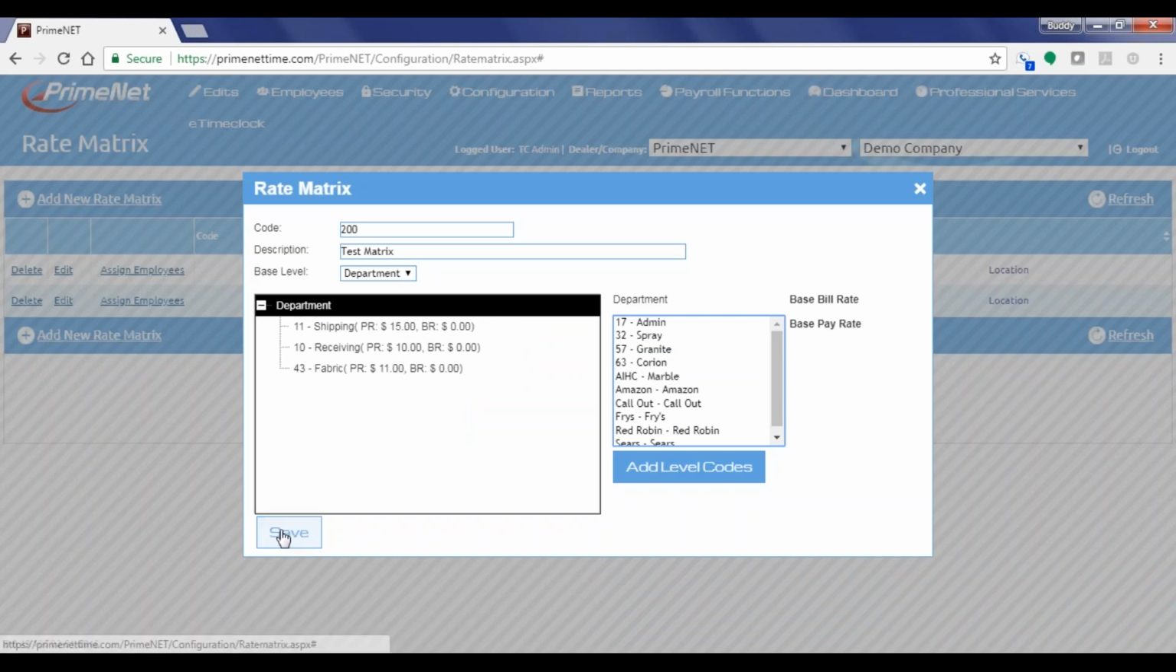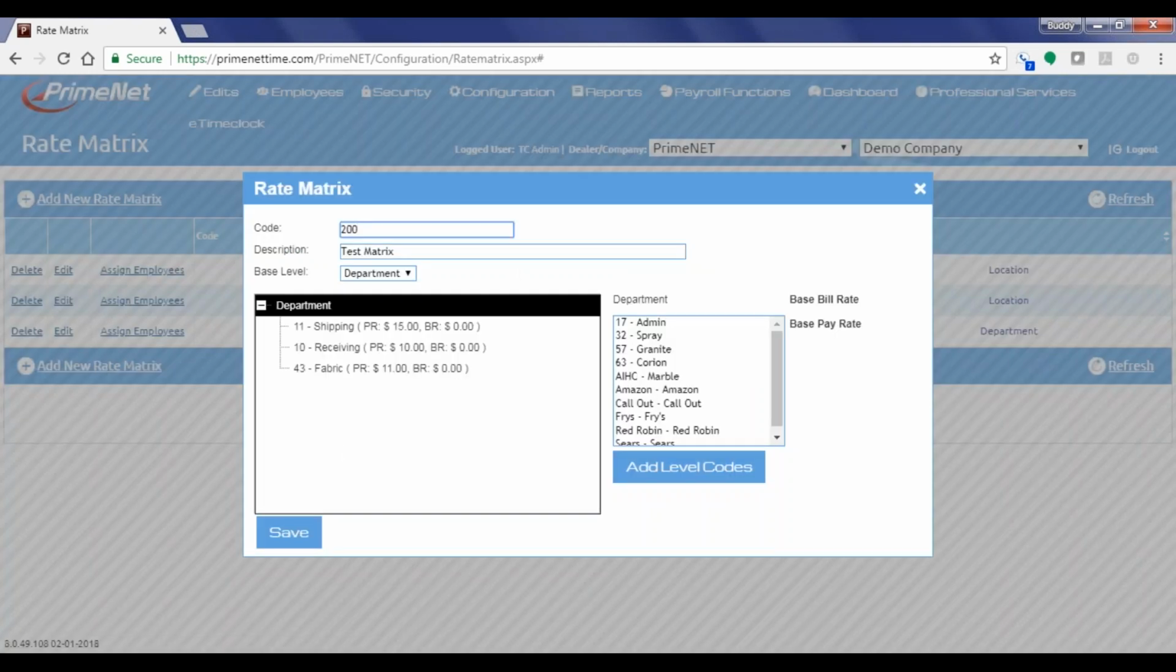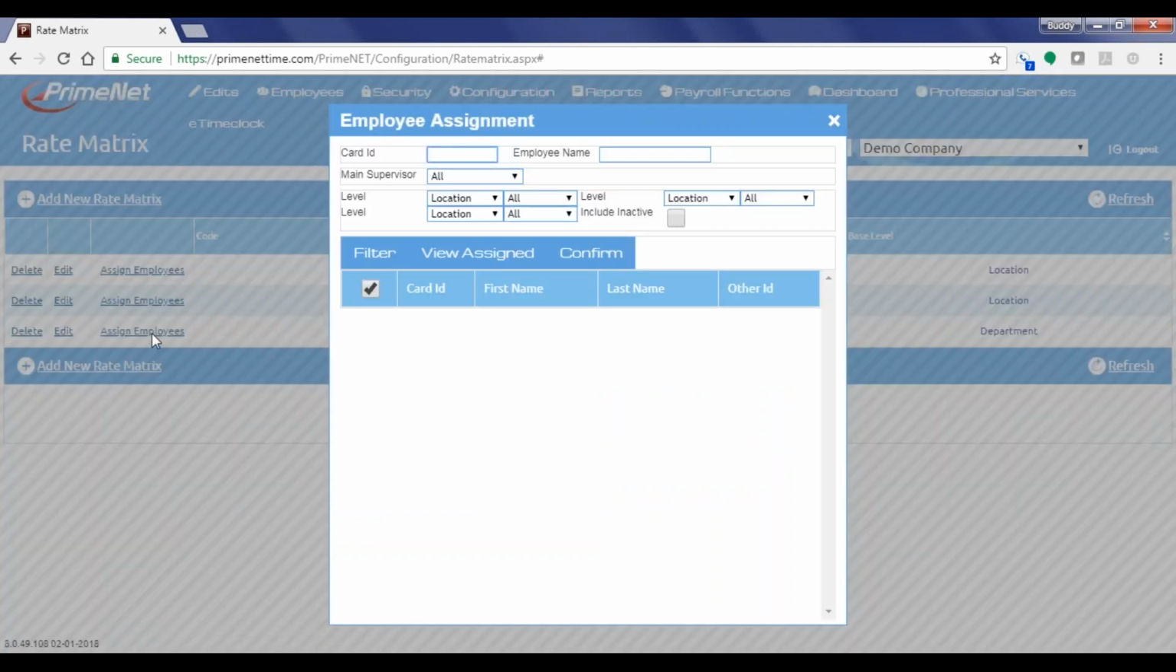Once I've put those in, I'll click Save. And now we can see I've got our test matrix here. We can click Edit. We see what we've just entered in. Now we can assign the employees to this policy. So I click on Assign Employees,